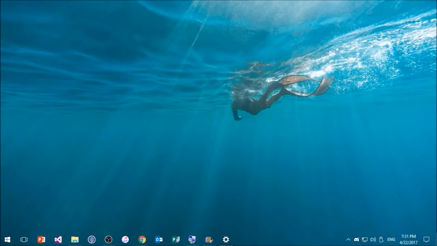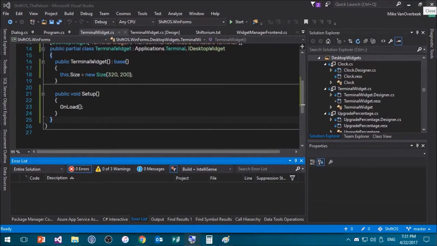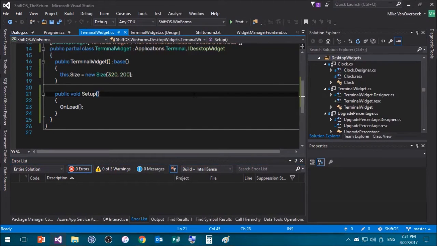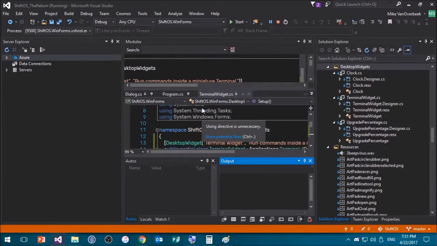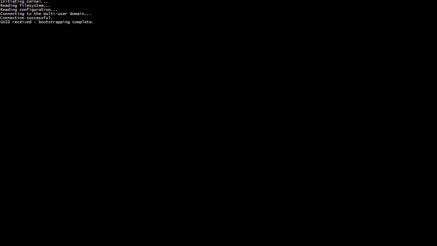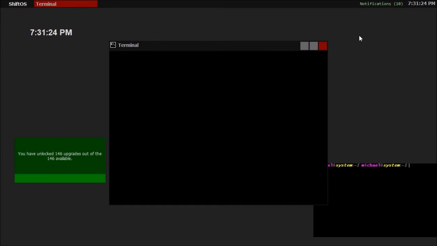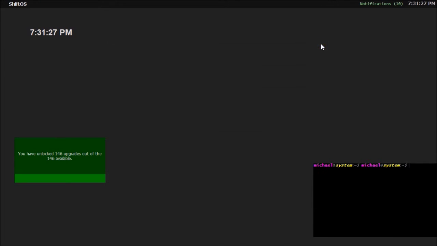Anyways, let's get started. So, in our development environment, I have created a sample widget to basically test this whole tutorial out, and it works pretty well, and we will have a look at it right now. As you can see, when I close my terminal, we had a bit of an issue there. That's a terminal bug, not a ShiftOS desktop widget bug. As you can see, down in the bottom right corner of the screen, we have a ShiftOS terminal, and this